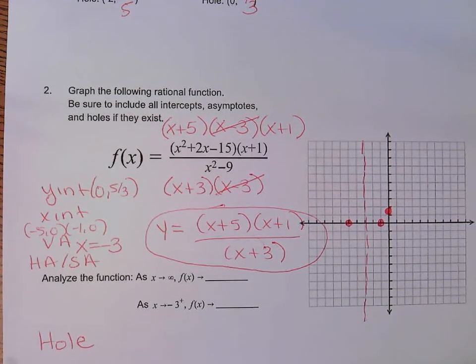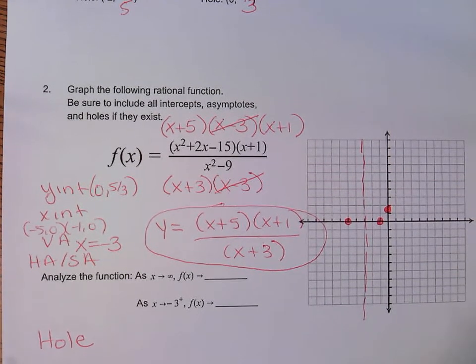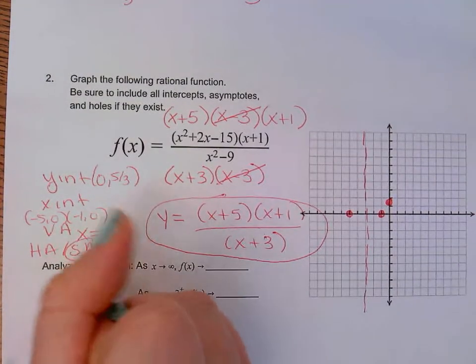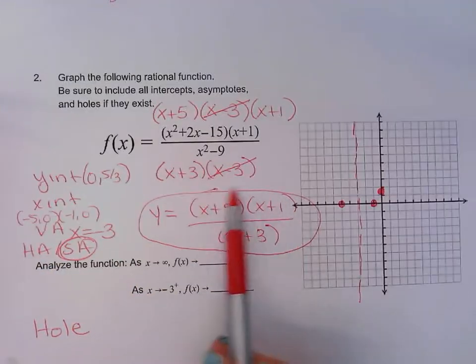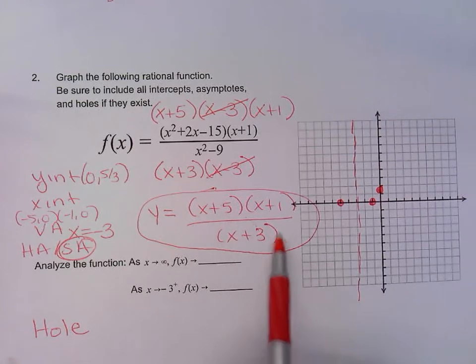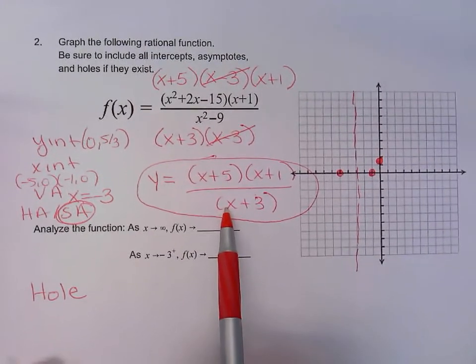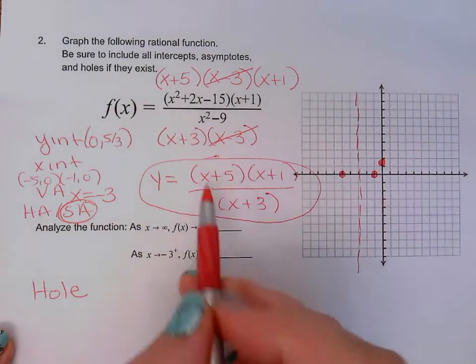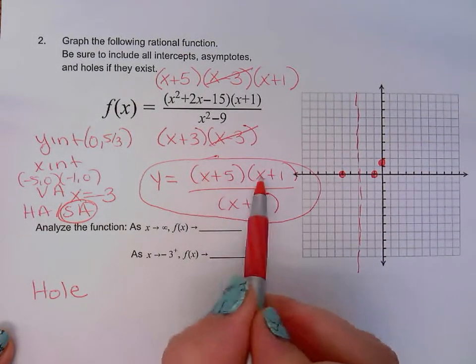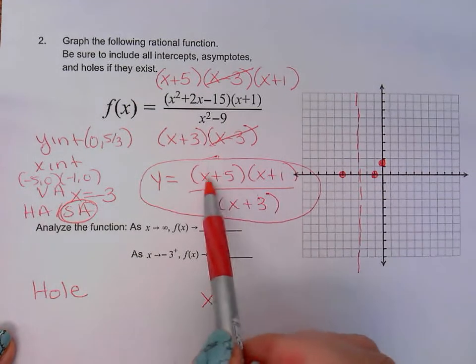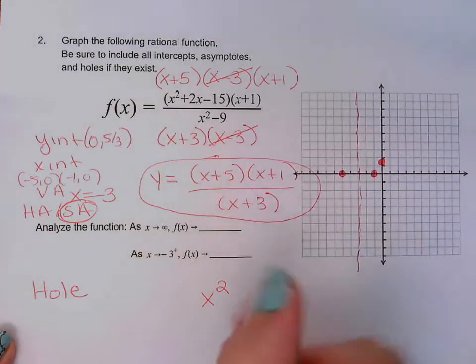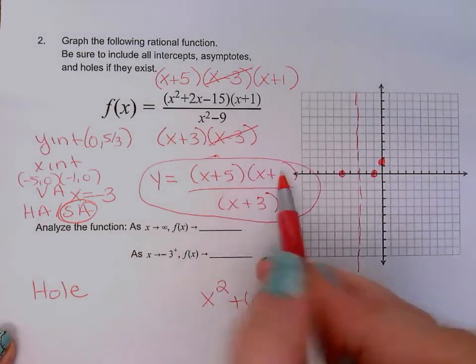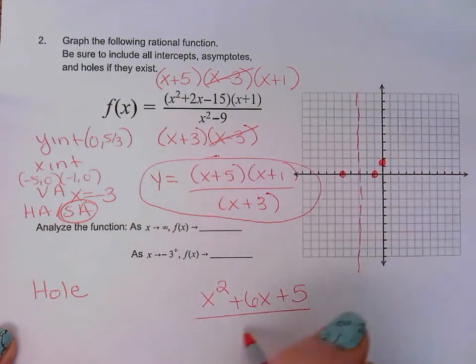And what else do I have to do? Oh, my horizontal or slant asymptote. I actually am going to have a slant asymptote. I have a quadratic function on top and a linear function on the bottom, so I need to do some division. When you do division, you need your numerator to be in standard form. So I've got x squared, 1x plus 5x would be 6x, and 5 times 1 is 5, over x plus